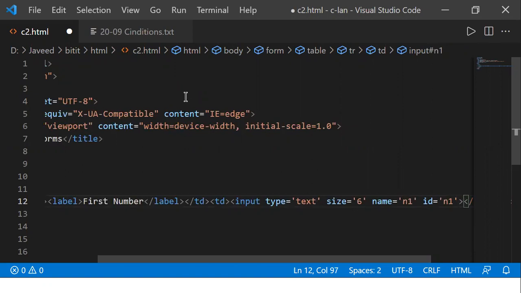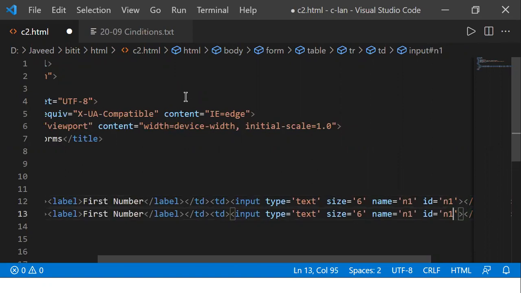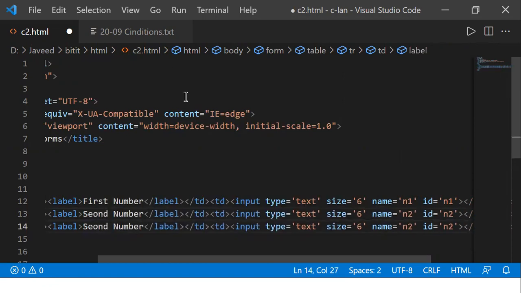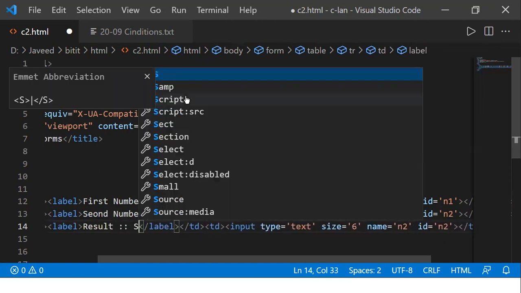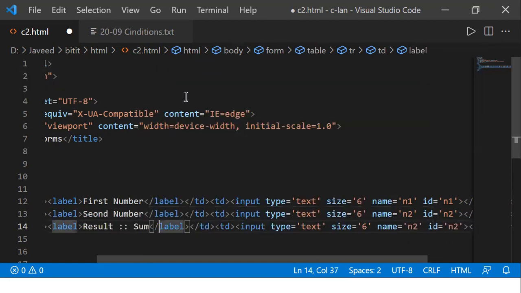I want to make a duplicate copy of this, so I just pressed Control plus D in my Visual Studio. This is my n2, with the same size and everything. The only thing is, instead of saying first number, I call this one my second number. Now I want my result to be displayed, so for the result display I'm going to use another text box, where I call it result, the summation I want to show.